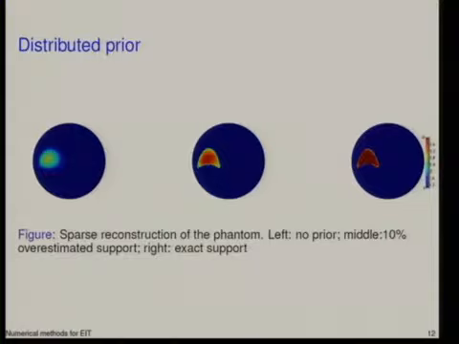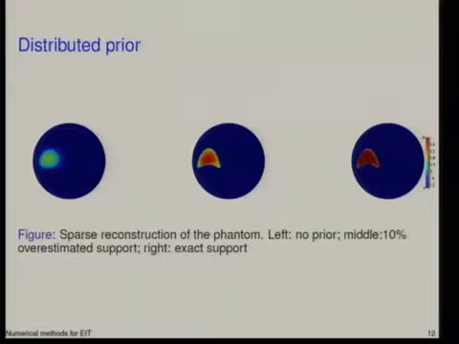So then there's the possibility of putting in prior information. I promised you on the first day that I would eventually show some nice pictures. I think this is maybe one of them. What we did in this little study was to assume we know something about the location of this object. Here we know nothing, so this was the solution from before. Over here we have a circle that surrounds the object of interest, and this is, I think, 10% larger than the actual support of this one. So we're actually pretty well located.